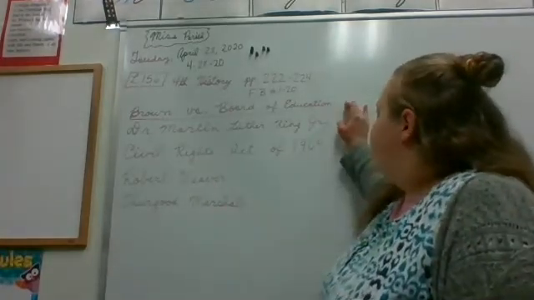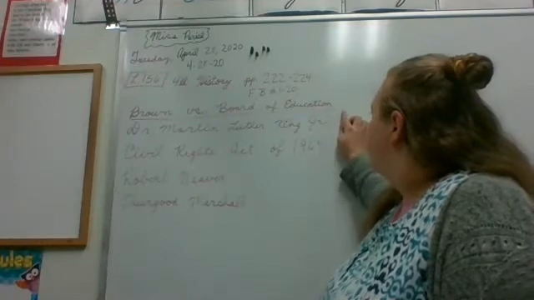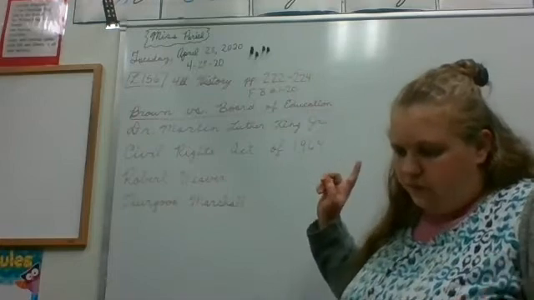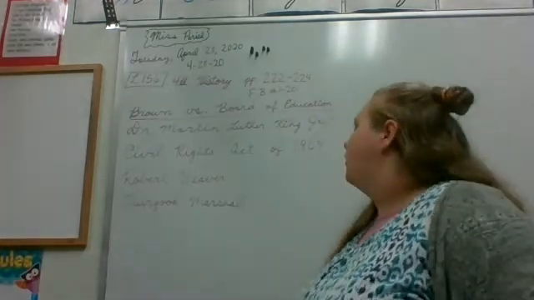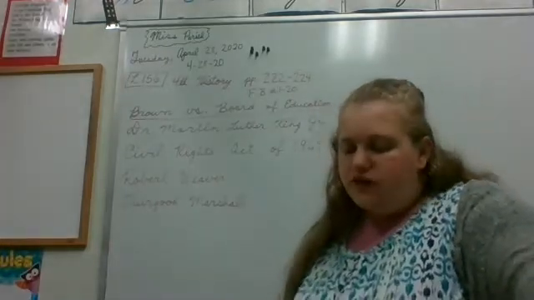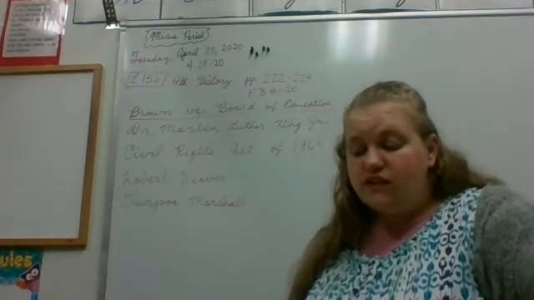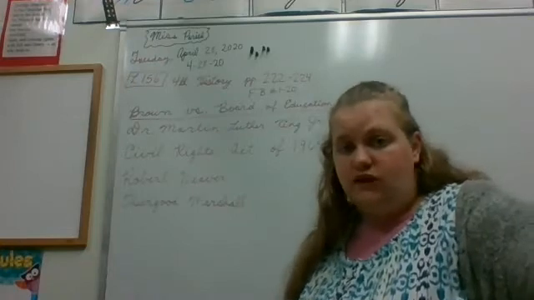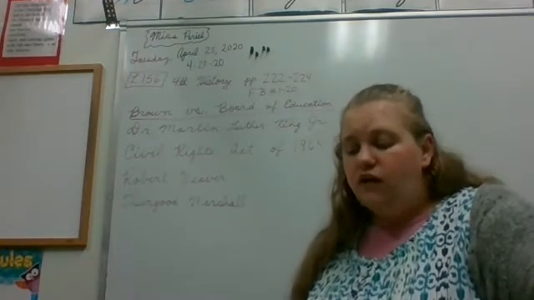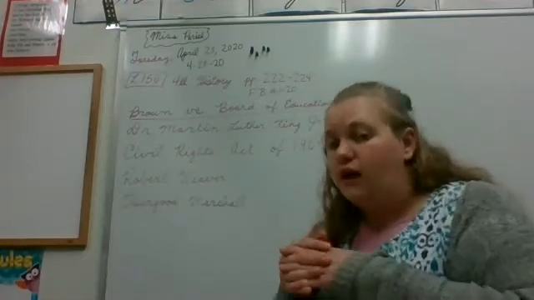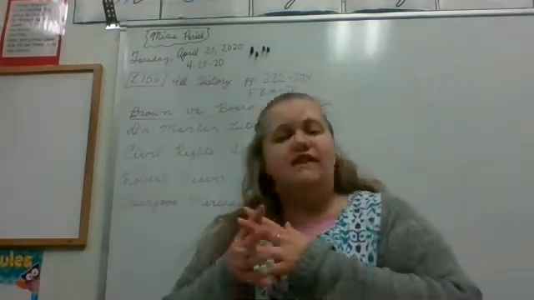Brown versus the Board of Education was the first court case that turned out like this, and it said that the Supreme Court ruled that schools should no longer be segregated because they used to have black schools and white schools, okay? But now they could go to school in the same place, and this did cause some tension for quite a while. There were lots of people that didn't like this change.